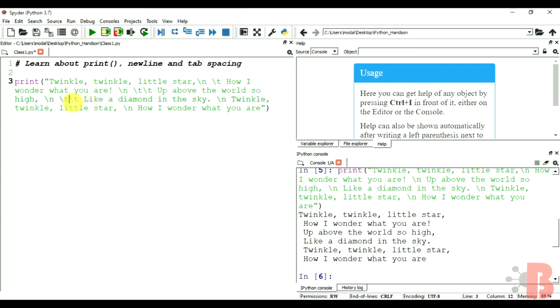You don't have to give a space here, otherwise that space will also get added and it will go beyond. So here one more tab space.